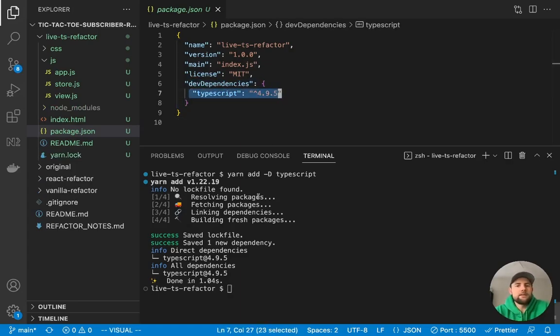Now, why is this a developer dependency and not a regular dependency? This is super important, because, as we talked about, TypeScript is only going to happen before you deploy your application. You write all your code in TypeScript, but that's not valid for running in the browser or a Node.js runtime.